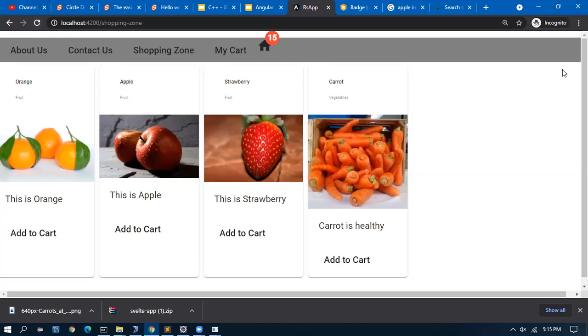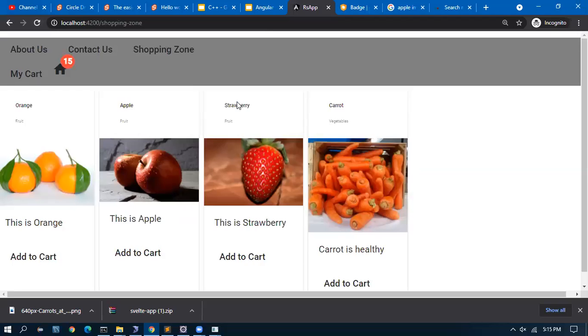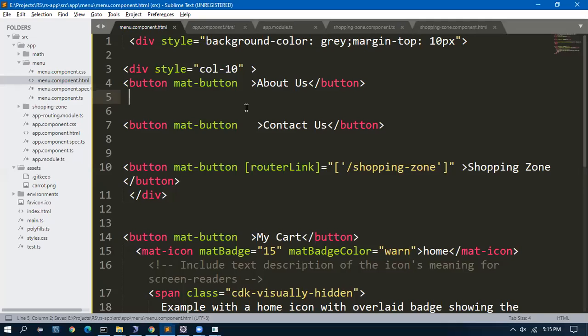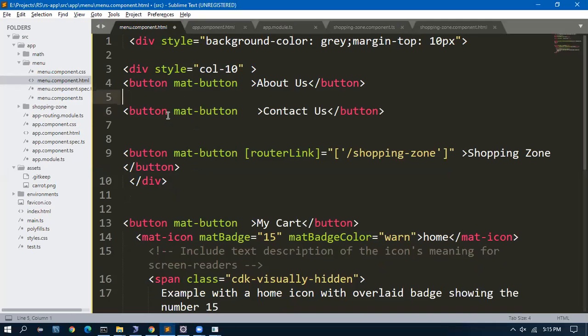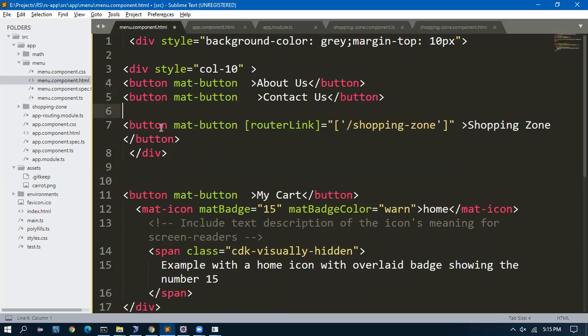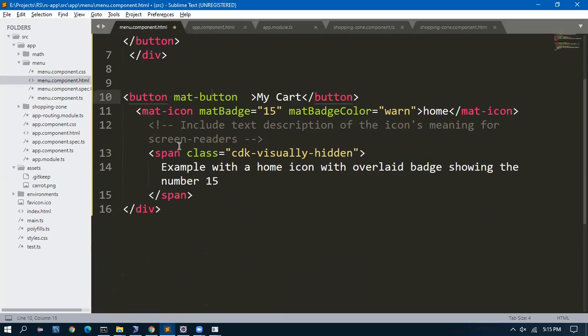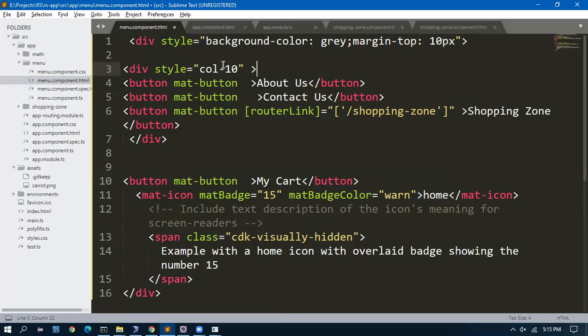Then for 2 alone, I'll allocate this mat icon. So 10, it has come there. Col 10. Okay. But 10 itself, why is it coming down? Okay, let me see. Here I will give the col 2.